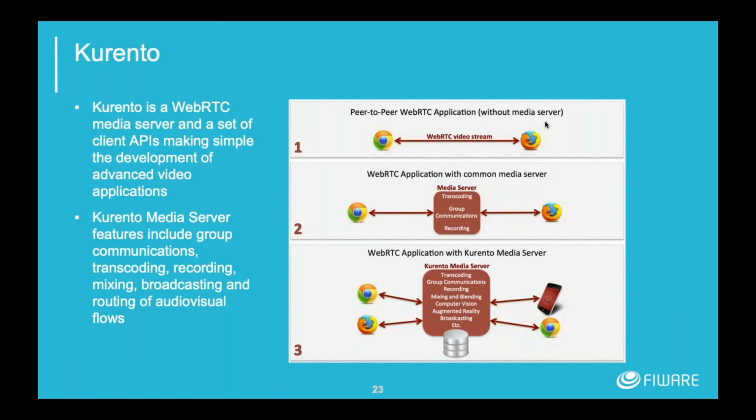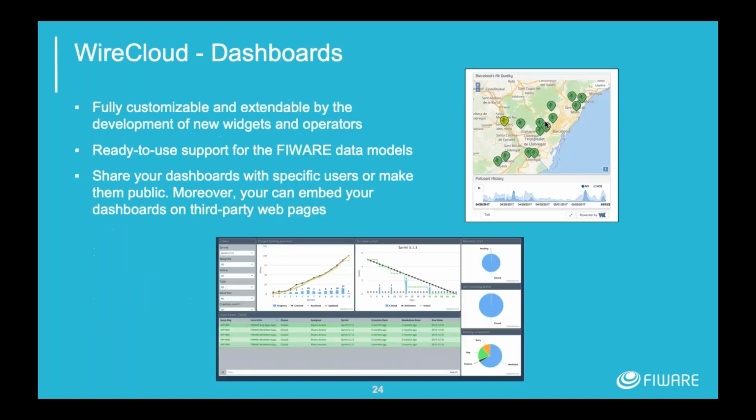We also have the ability to get data out of stream information, video information. This is the Kurento component. With Kurento, you would be able to retrieve a video stream and then hook into the images so that you can actually get some context data out. It also does a large number of other elements which are not, strictly speaking, context data related, but within our system, you'd want to get context in and out of your data.